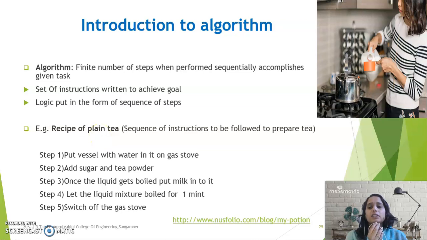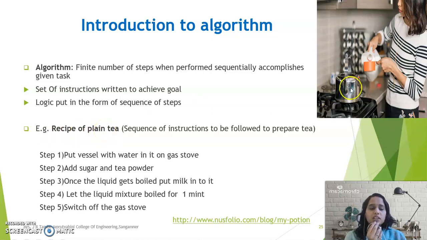Remember, a recipe for what? If I say just tea, that is a confusing term, because tea may be of any form. It can be plain tea, lemon tea, or another form of tea. So I should be very specific while stating the problem here. I have to make a plain tea, so I'll mention a recipe of a plain tea. What is a recipe? It is a sequence of steps. In other words, we are writing an algorithm to prepare plain tea.